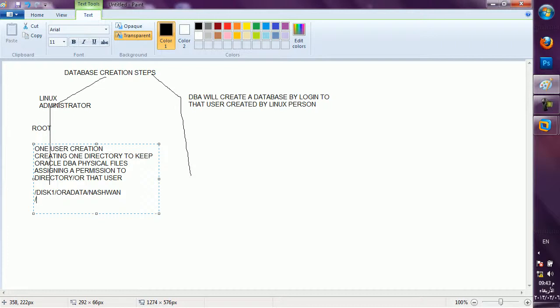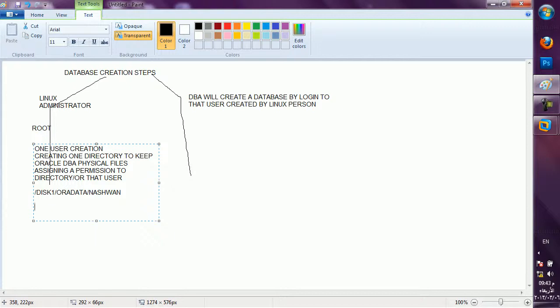And permission. Oracle recommends that you keep your parameter file in one of the folders, DBS, which is already there after installation. DBS folder, database system. That folder is in some master folders.